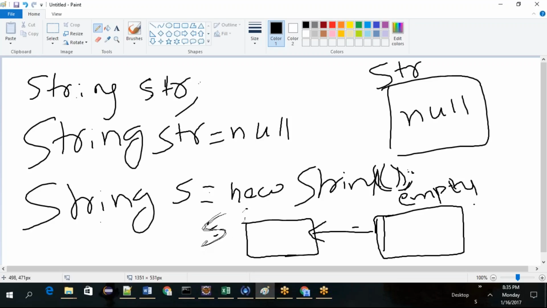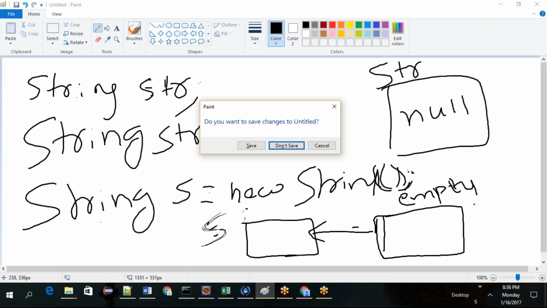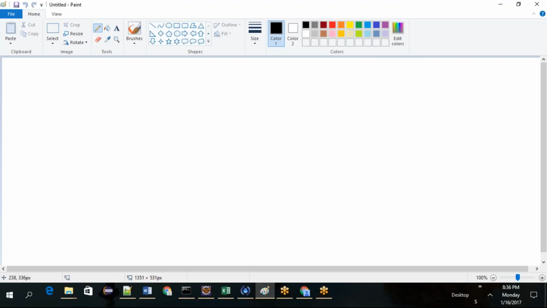So when you write String str equal to null, the string reference variable is holding null. But when you write String s equal to new String, a string object will be created that is empty, nothing will be there. In the earlier case null is there, in this case empty, and it will be assigned to the reference variable called s.